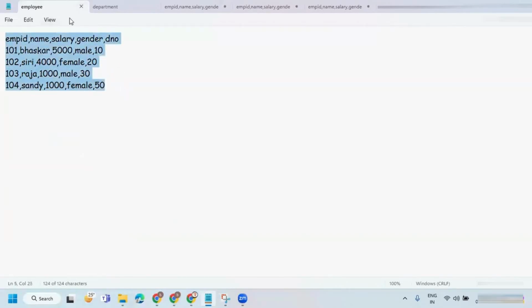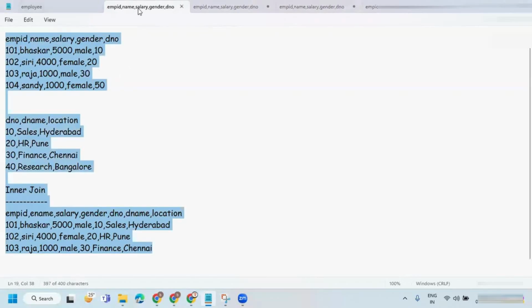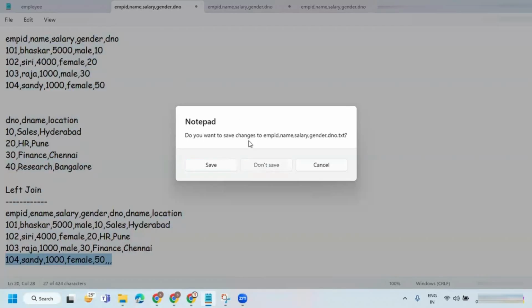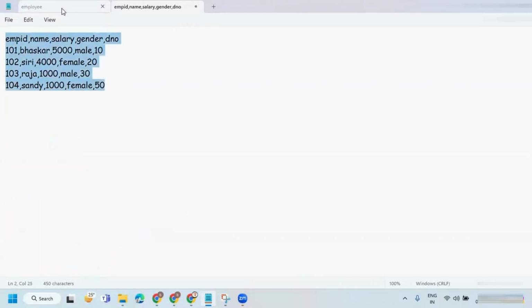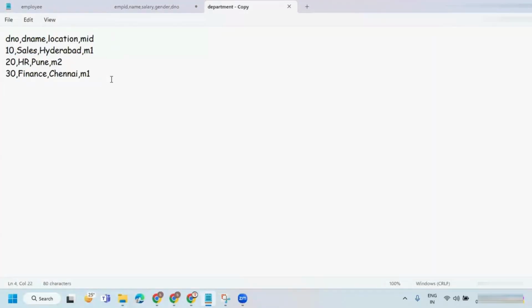So I have an employee table and department. Let me take out this file. I have a manager ID also here in this table.